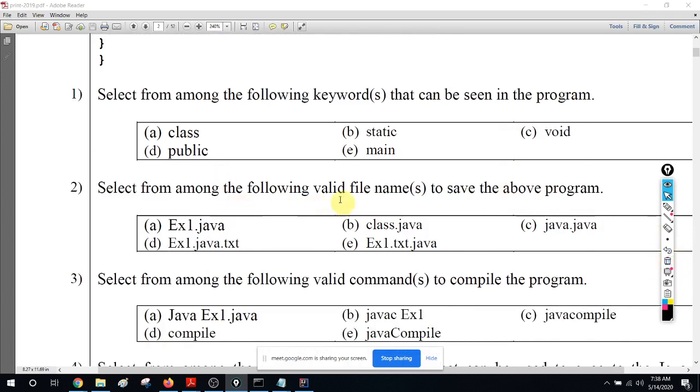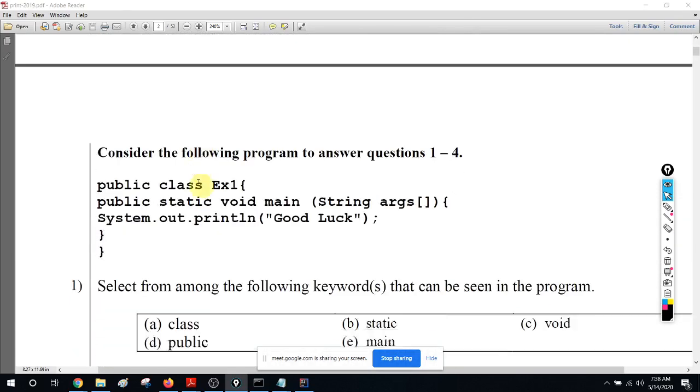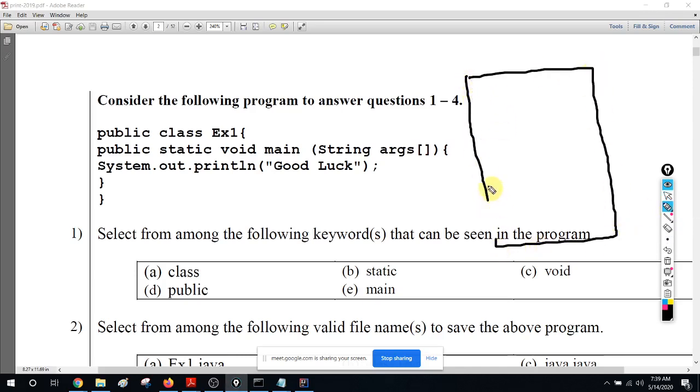Select from among the following the valid file name to save the above program. We discussed these rules. Can someone tell me what the rules are? A source file can have any number of classes, or just one class.